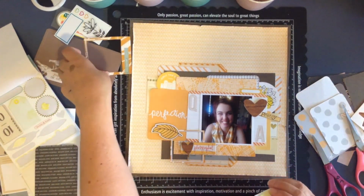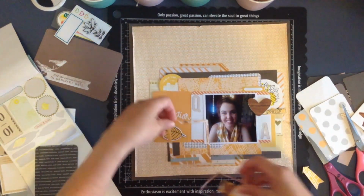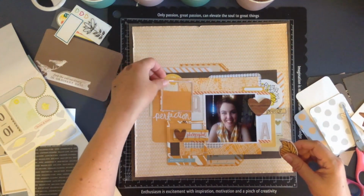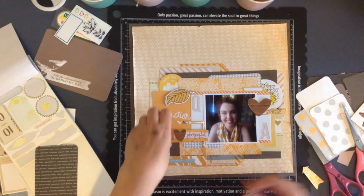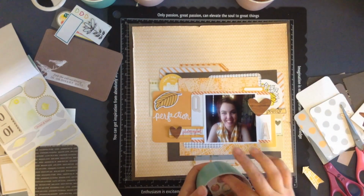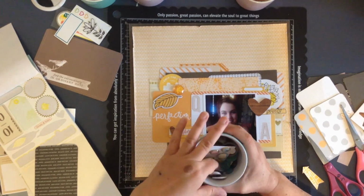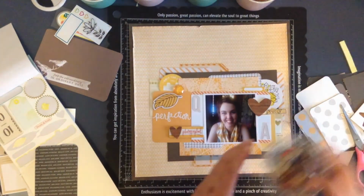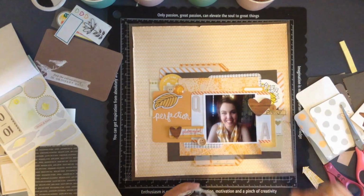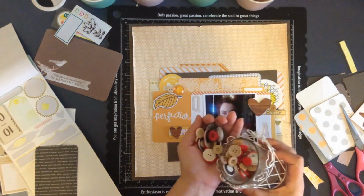So if I put a bit at the top, I like to balance it and put a little bit at the bottom, and I'm desperate to use those little square frames. I've pulled them out to use on a few different layouts, but I don't quite make it work yet, but I do down the track on another layout to come, which the process video hasn't come yet, but you'll see those little yellow frames. And so here I'm pretty happy with the clustered areas, and I'm just looking through my little containers that have some flair and some buttons, and I'm just adding a few little buttons now to give it a little bit of